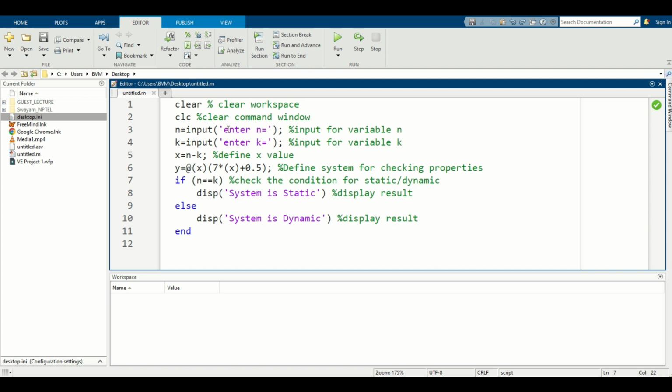So input is the same, k is required, delay is required, and a similar kind of function is there, like 7x.5 or 7p. Any variable is required, any value is there, like 7p, 7x, 7x.5. Now the condition is changed. So what is the condition for causal and non-causal? For causal and non-causal, the condition is like that: if x less than 0